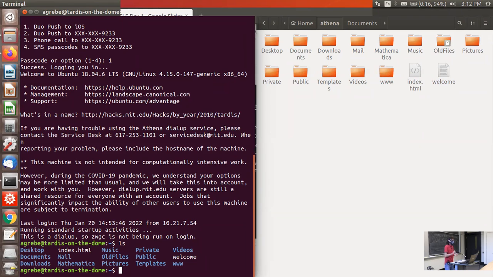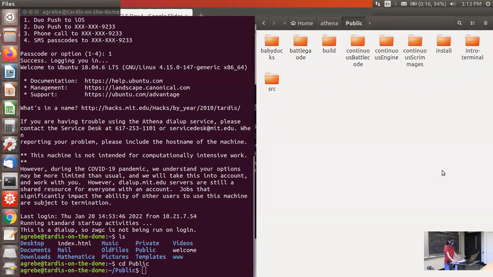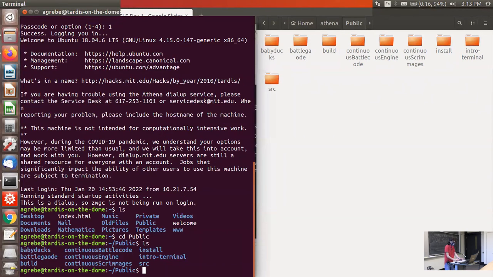The other important command for navigation is cd. So cd stands for change directory. And so maybe I want to go into this public folder. And so I would type cd public. And now you can see at the bottom of my screen here that it shows I have changed to the public folder. And this is the equivalent of just clicking on the folder. And so if I want to list what's in this public folder, I can just type ls again. And now I've prepared some stuff in this intro terminal folder, and so we're going to navigate into that directory as well.